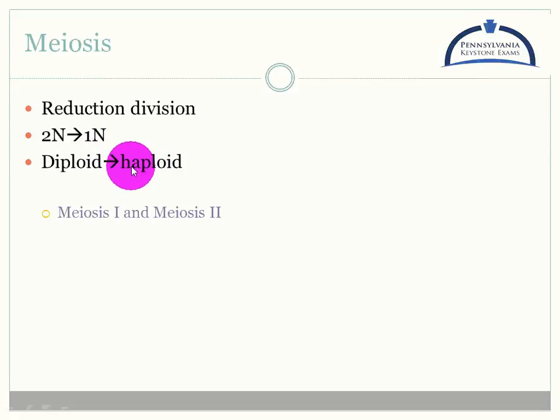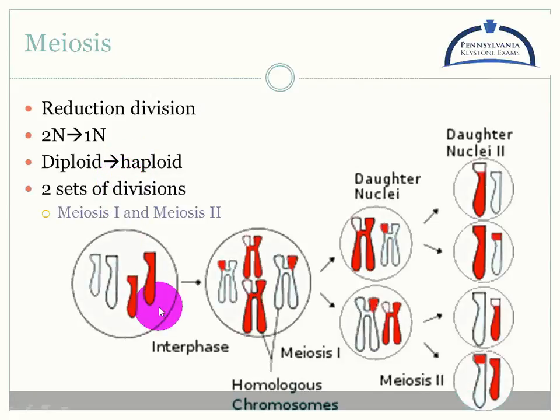This only happens in your gametes or your sex cells. So this is not head, shoulders, knees, and toes. This is sperm and egg. To have this happen, we actually go through two different sets of division. So we have our interphase, we have our prep. We're going to have a meiosis 1 that's going to result in 2 cells. And then we're going to have a meiosis 2 that's going to result in 4 cells. So at the end, we get 4 haploid cells, and they are not genetically equivalent. In mitosis, they're all identical, they're the same. You can see here half the number and they look different.